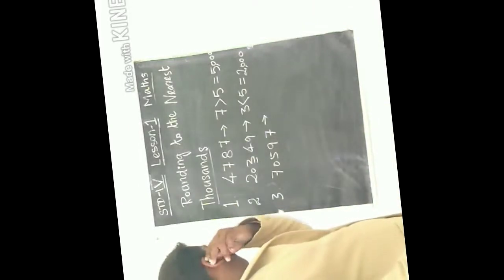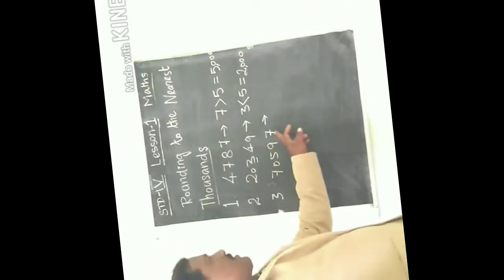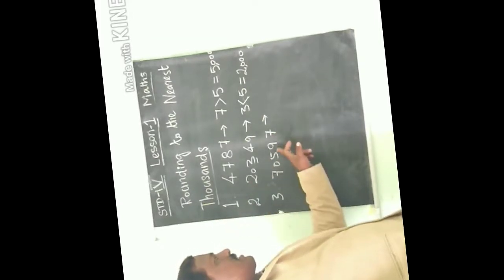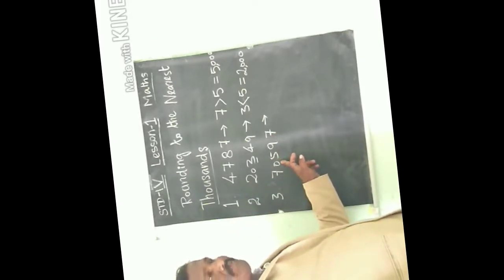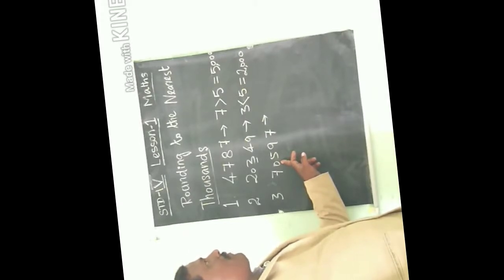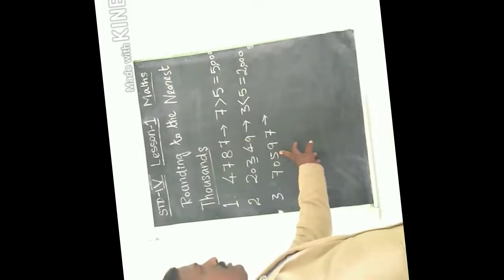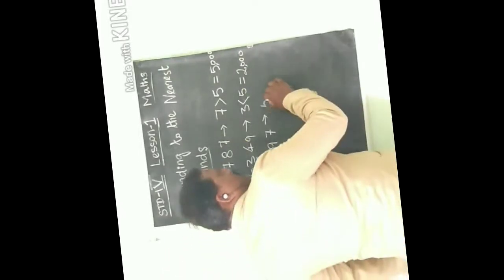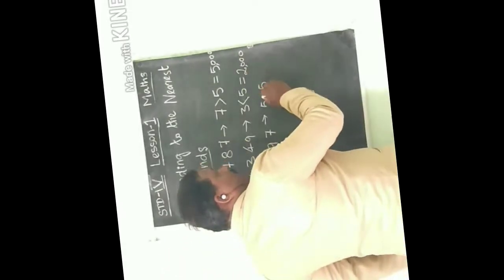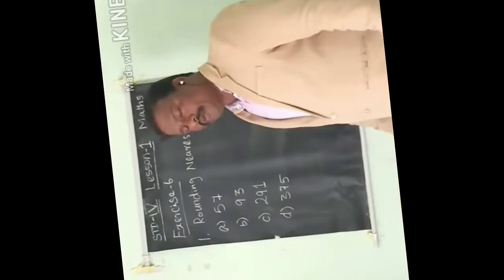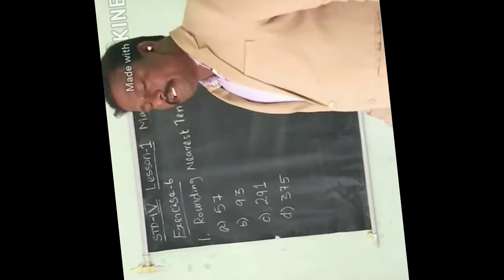Okay, the next, third number. First we have to find the place value: ones, tens, hundreds, thousands. This is the thousand place, but we want to round off to the nearest 1000. So 5 is the digit at the nearest 1000. We take it and compare: 5 and 5, both are equal. So we put equal. If equal, we always have to take the higher rounded number. So 71,000 is the higher number. Okay, students, let me show some exercises.